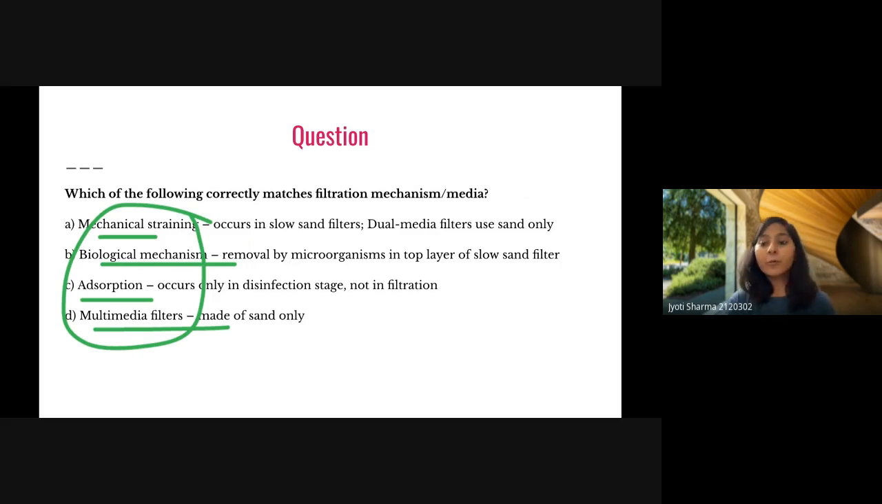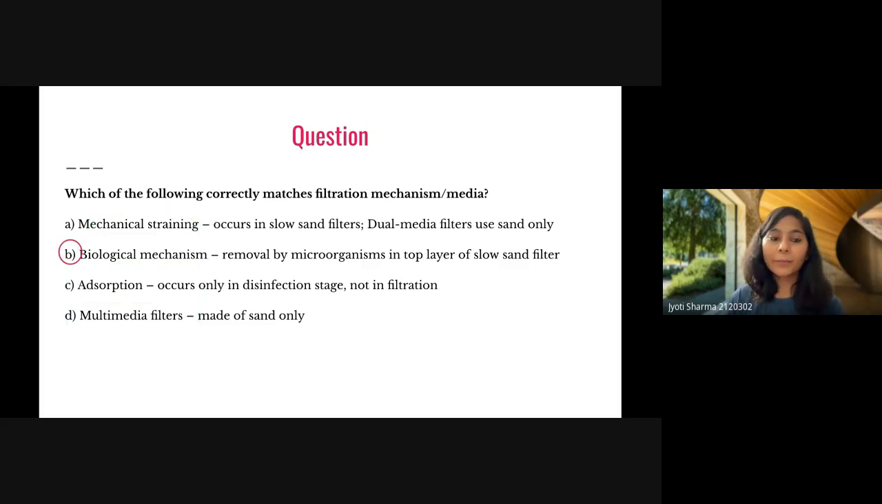So we have different ways by which we can do the filtration. It can be mechanical, it can be biological, it can be adsorption, it can be using multimedia filter. But you have to tell me which has the correct description. Priscilla gave me B answer. Okay, so yes, I also agree with the B, because if we are talking about biological, then obviously it will